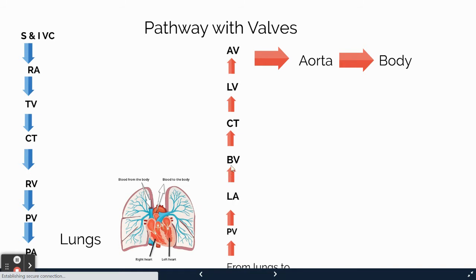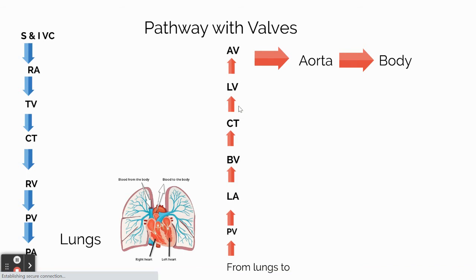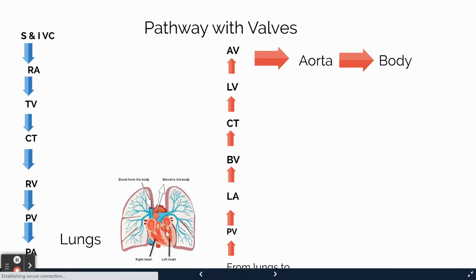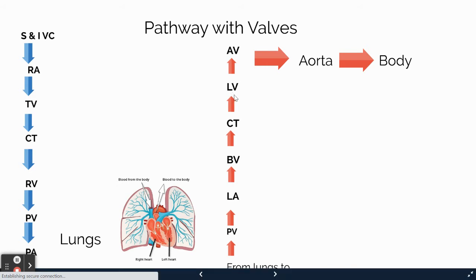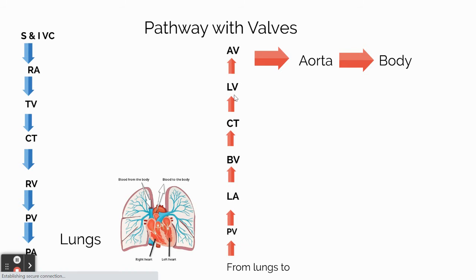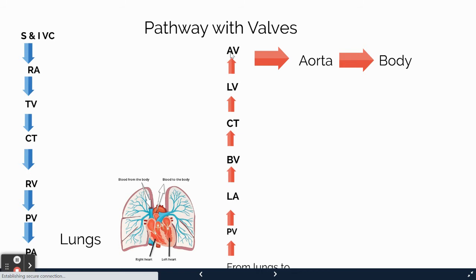When that left atrium starts to fill up with that oxygenated blood, once it's at its full load, it will contract through the bicuspid valve, also known as the mitral valve, which is pulled open by your chordae tendineae strings, which you can see in your book. So all that oxygenated blood is forced through there, and it's starting to fill up your left ventricle. Follow it in your books. Your left ventricle starts to fill up with that oxygenated blood, and as it fills to its full amount, it's got these massive muscular walls that will contract very, very hard and force the blood out through the aortic valve